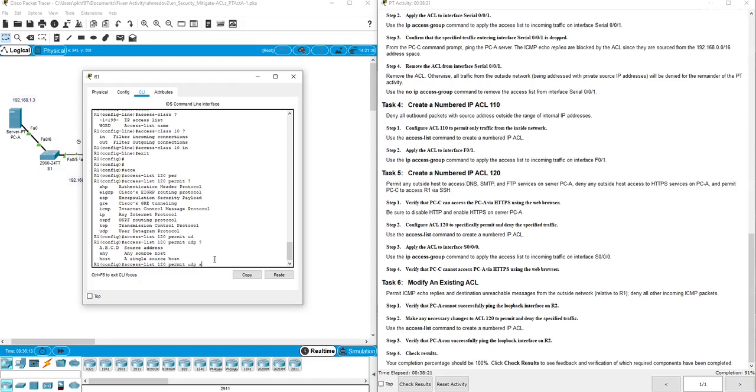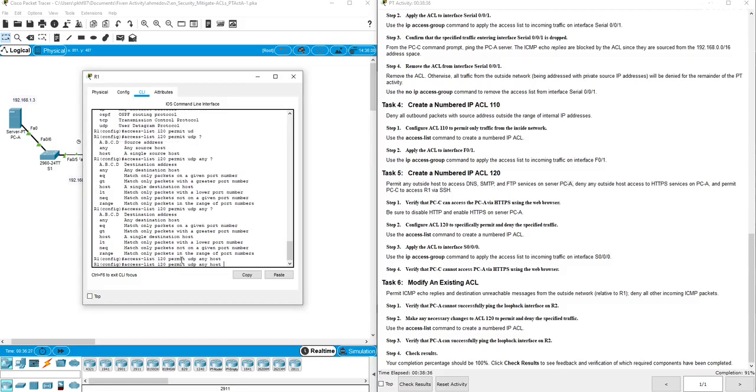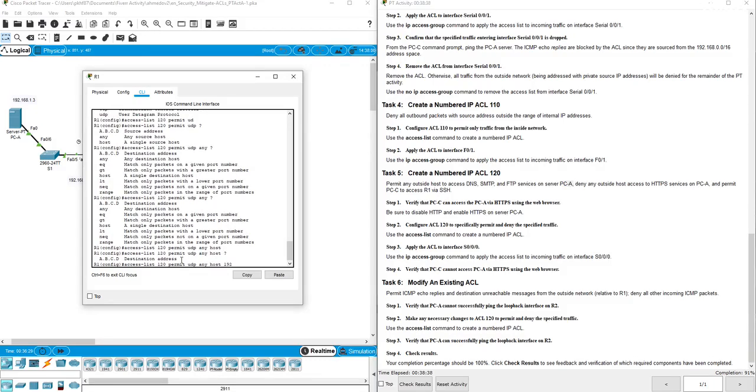Source could be any. That's what it is. And then question mark towards PCA. PCA is not a network. It's one IP address. So next is host. We can put single host. Let's type host, and then the IP address of the host, 192.168.1.3. So what it simply says is permit UDP traffic from any source towards host